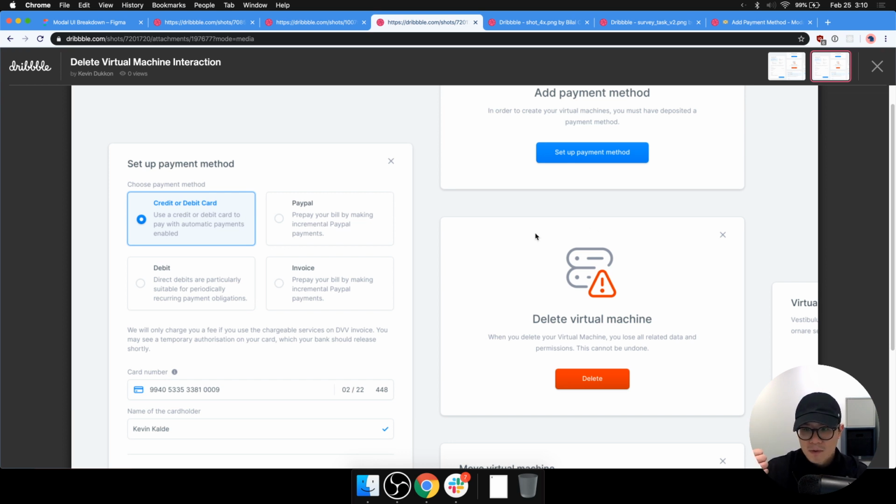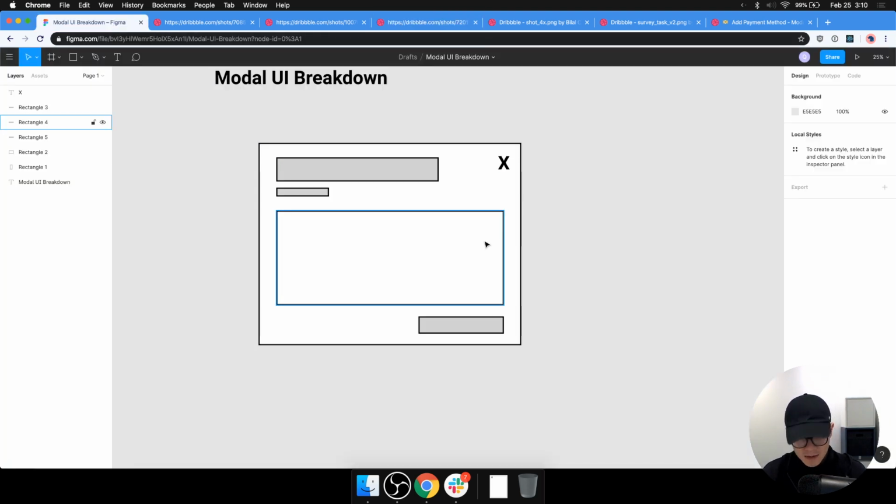So this one, there is no footer, there is no title, there's no header rather, but there's a gigantic icon, there is a header, there's some header text here, there's some body text here, and also your action, your delete or your setup payment method. So right off the bat, my thinking is we've established that we perhaps may need